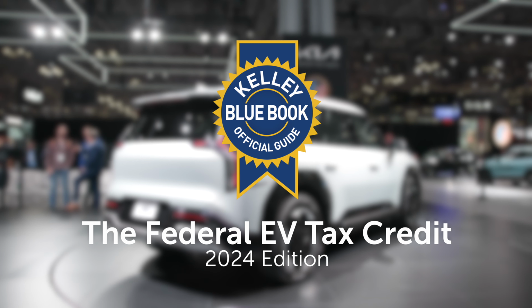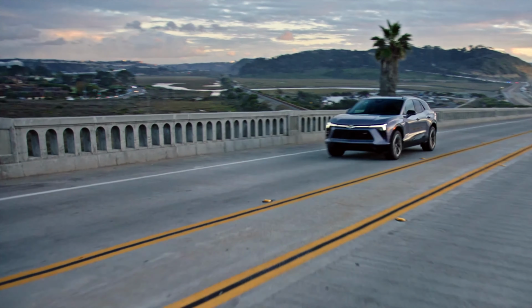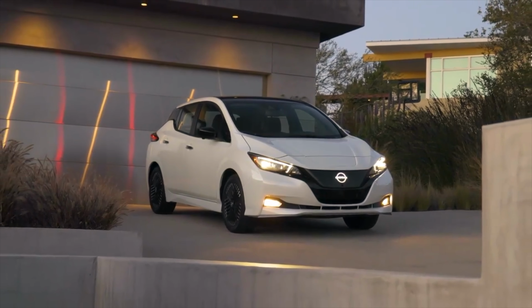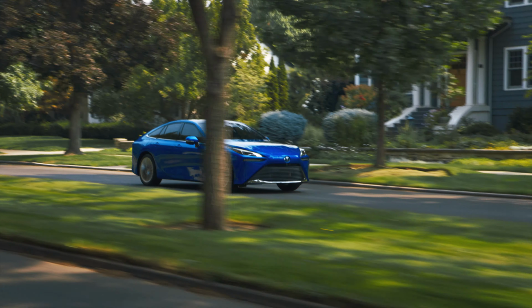The federal EV tax credit is a subsidy on the purchase of new electric vehicles, plug-in hybrids, and fuel cell electric vehicles. It changes requirements for eligibility each year until the program sunsets. Keeping up with the latest list of vehicles that qualify and the tax requirements of you, the consumer, can be a little daunting. We'll make it easier for you with this quick rundown of how the subsidy works for tax